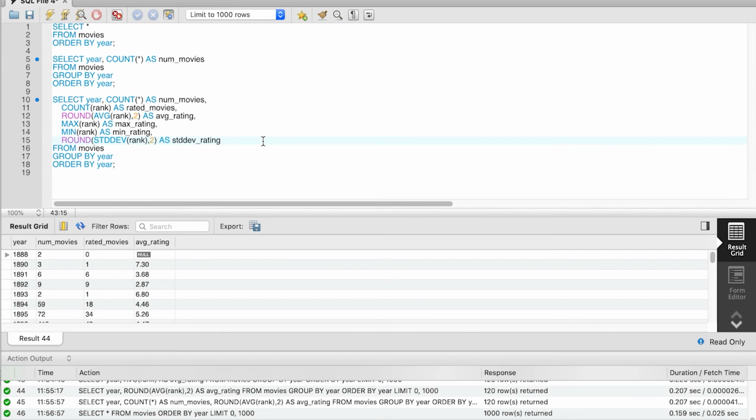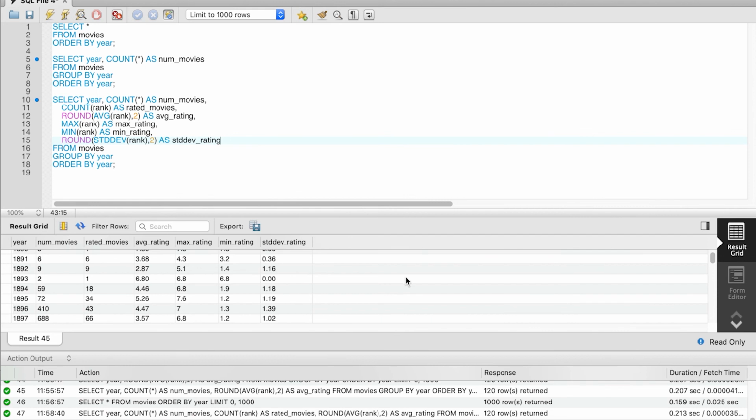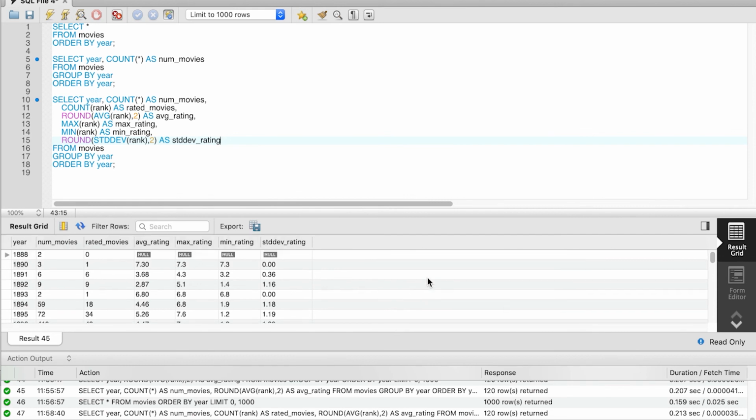If you execute the query now, you will see that we have the additional aggregate statistics for each year. And in addition to the number of movies, number of rated movies, and average rating, we also now see the minimum, maximum, and standard deviation for the rank attribute for that particular year.